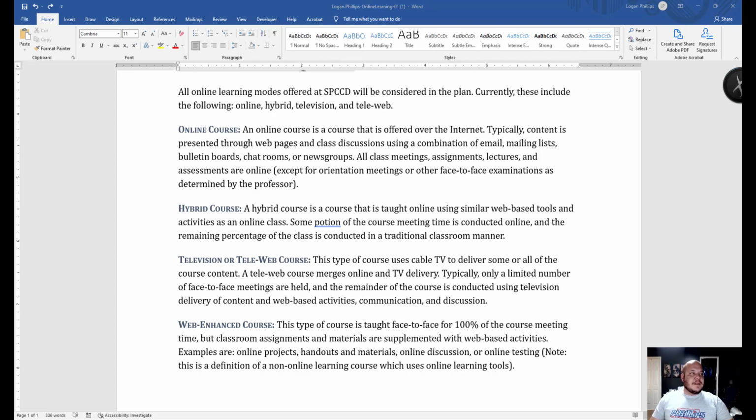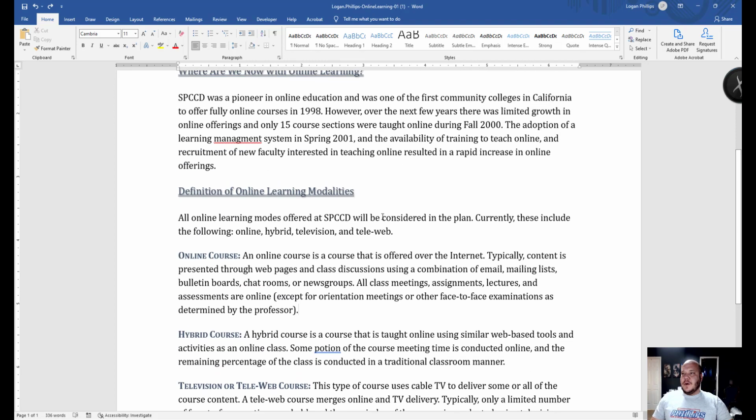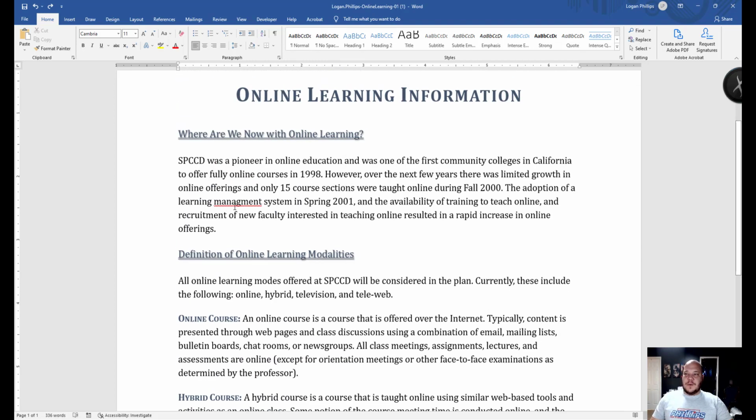So first we're going to right click on the misspelled word management. Now you know a word's misspelled because it's underlined in red. So if we right click on any word underlined in red, the system will try to guess what you've done incorrectly. We're going to choose that, fix it into management. Now we fixed that spelling mistake. We're going to repeat